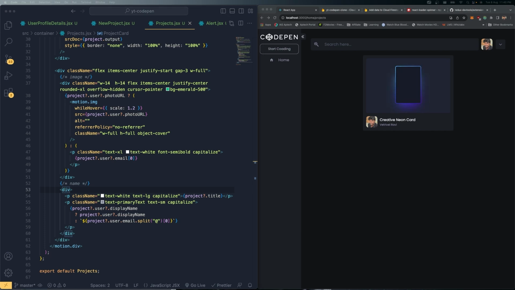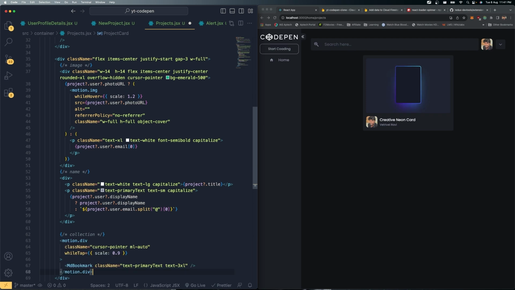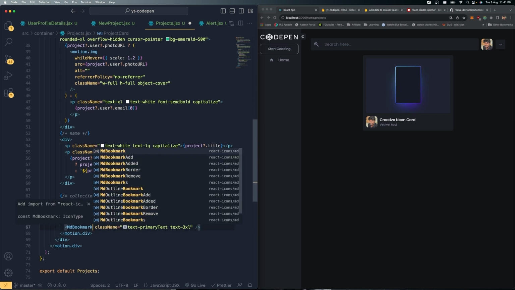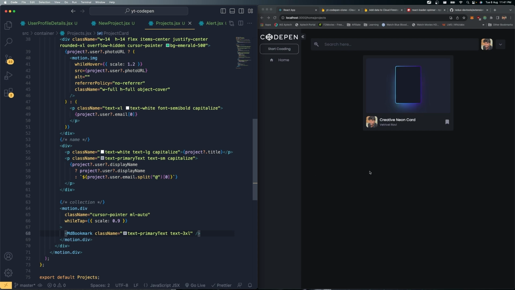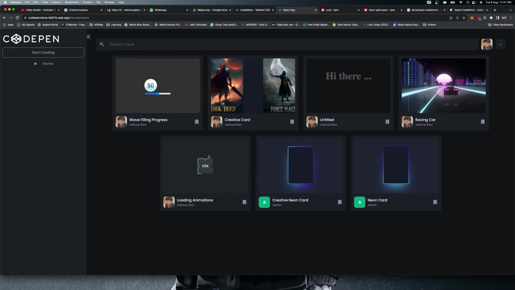So once after this division, now what we need to do, we need to bring the collection part. So I'm just going to bring the collection part just right after this division. I need to bring the collection where I can add it to my collections. So md bookmark imported, save these changes. So you should be able to see the collection mark. So let's go ahead and try to add a new project right now. Click new project. So let's try to add this,